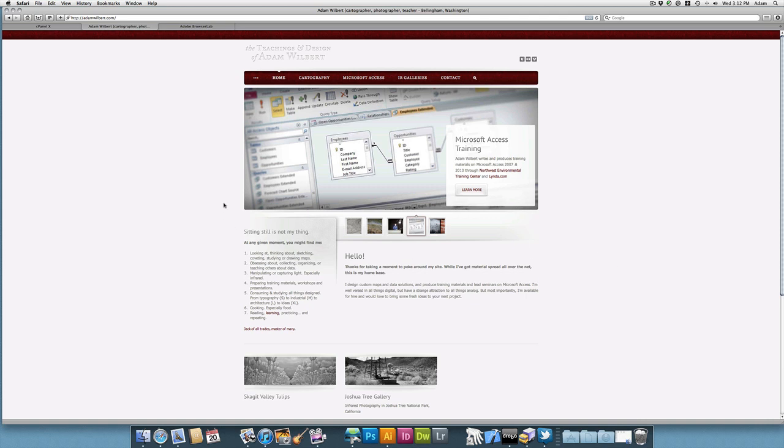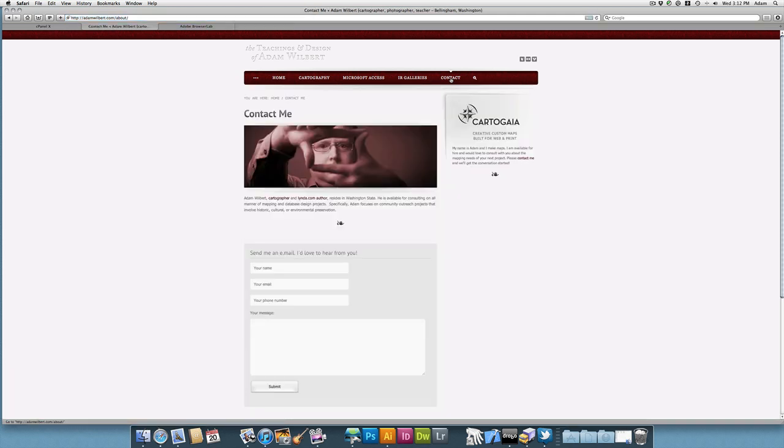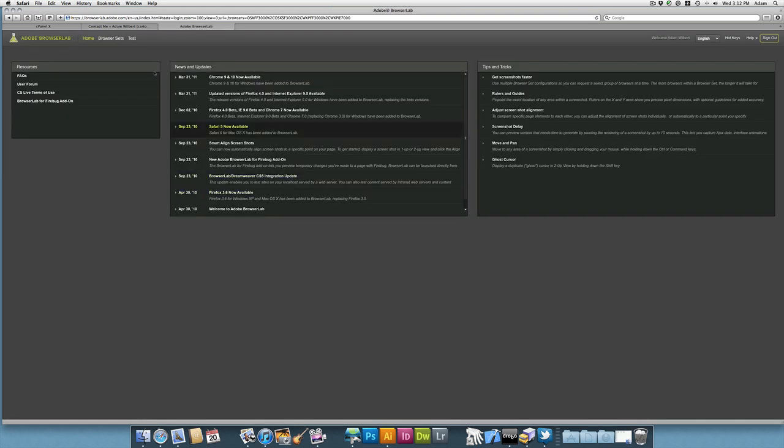If I go into my website here, in my contact page, I've changed the color of this image on the old host, and I just kind of tinted this image red just as a visual reference, so that I can say, okay, if I see this image as being red, I know that these files are being served from the old host. In Browserlab, though, I can open up my Browserlab account, and if I go to test, I can go into the URL for that site, or for that page,